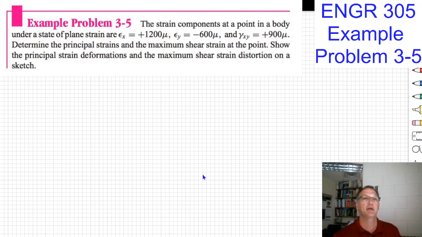Engineering 305, example problem 3-5. Maybe that's 305, I don't know. Whatever. Kind of cool. The strain components at a point in a body under the state of strain are